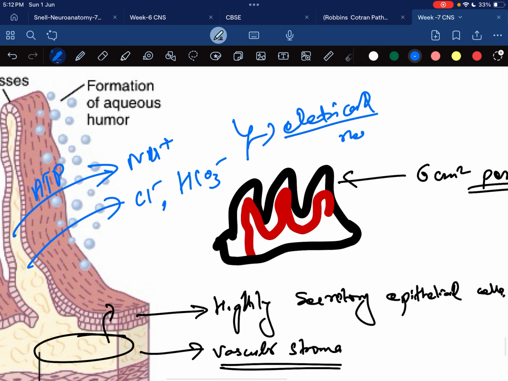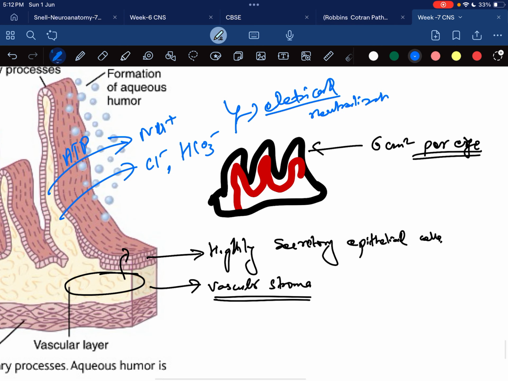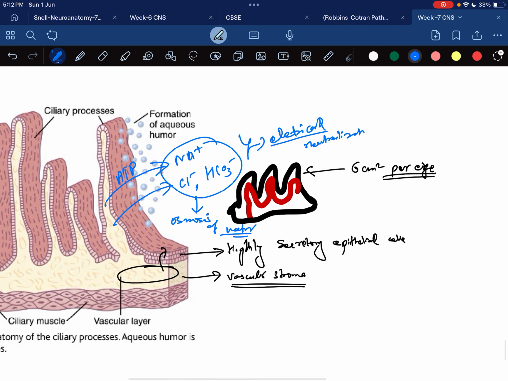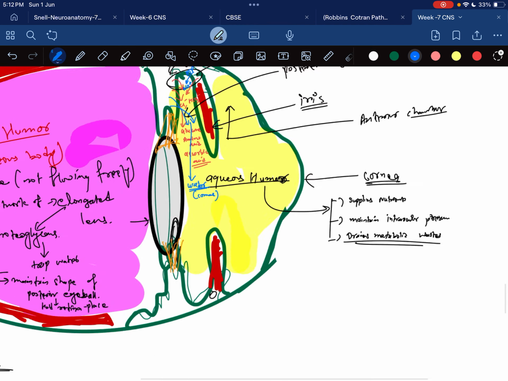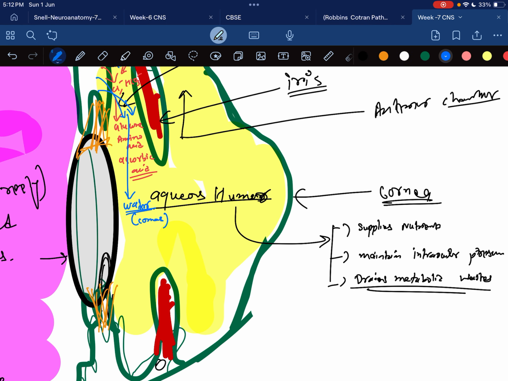electrical neutralization. And when you look, there is osmosis. This makes osmosis of water, and this fluid comes. So when the fluid comes, it moves from the posterior, coming out and